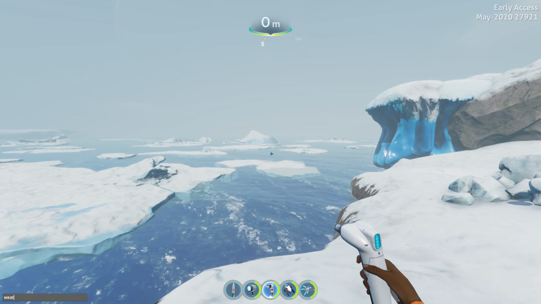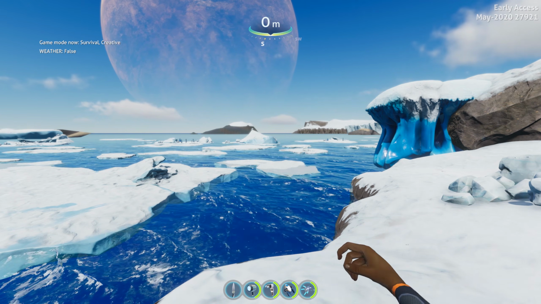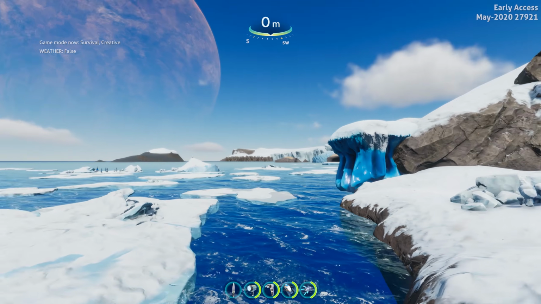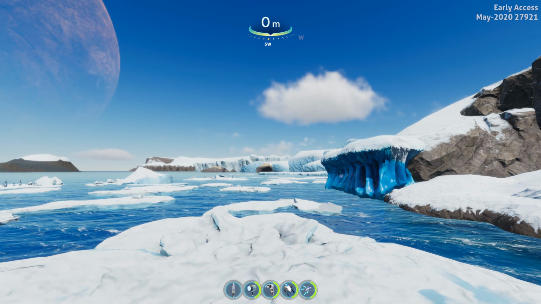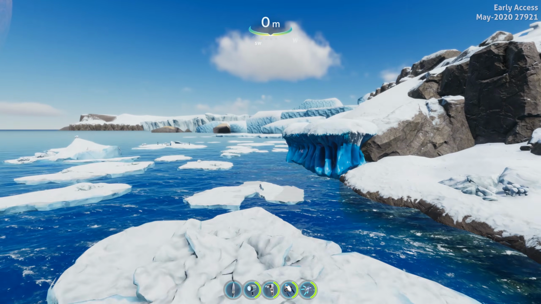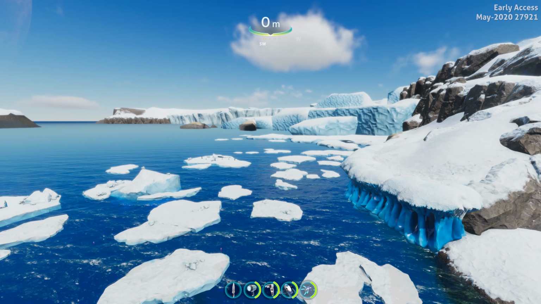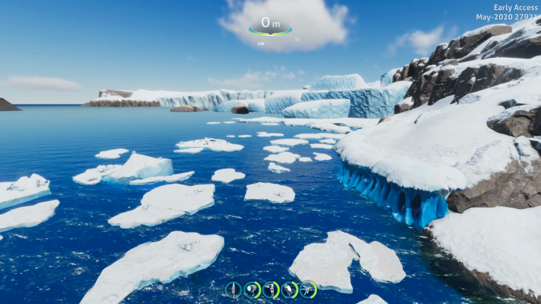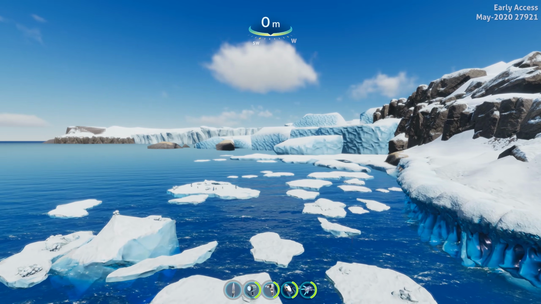So I'm going to take off the weather so we can see it just a little bit better, and then I am going to go into free cam mode. One of the easier ways to do this is essentially follow this wall as best you can, and you'll eventually run into it. That can be kind of confusing because once you get underneath this area over here,